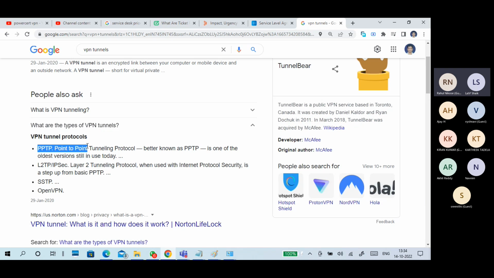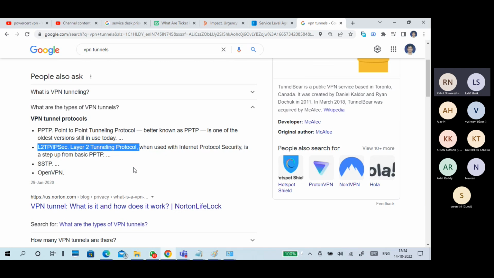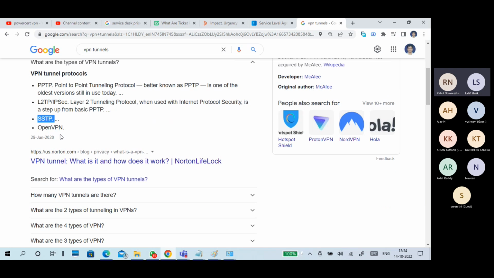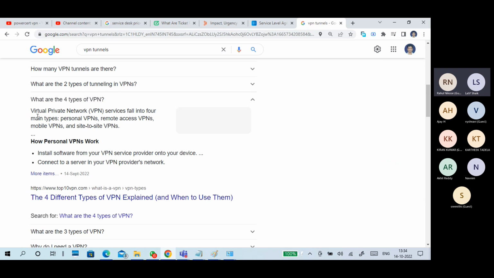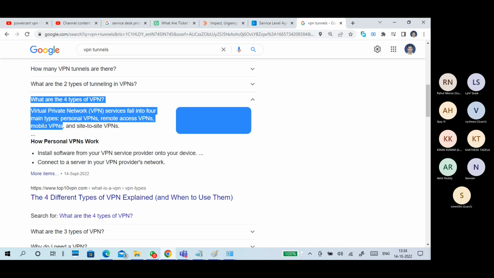PPTP, point-to-point tunneling protocol, L2TP or IPsec, layer 2 tunneling protocol, SSTP, and so on. There are a lot of VPNs. The types are main VPN, personal VPN, remote access VPN, site-to-site VPN, mobile VPN. These are the different types of VPNs.